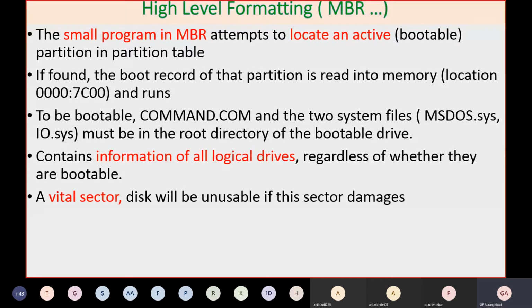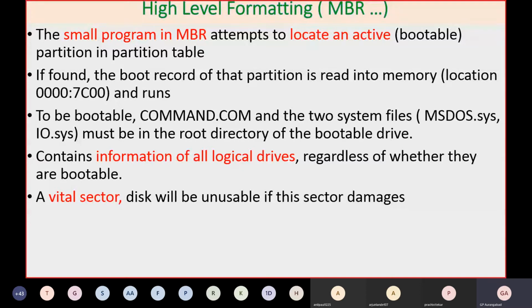These are the files which were used in the earlier computers. I am going to explain this booting process for each, and we will compare the booting process of Windows 7, Windows 8, and 8.1, which is a very advanced process compared with the earlier one. What is more important, as I said, is the master boot record, because it is a vital sector.